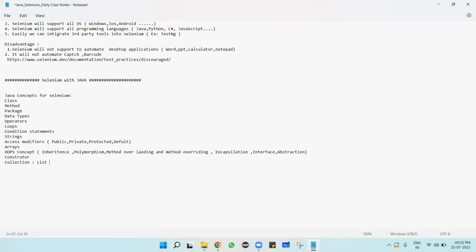That is enough. Got it? If you still want more, you can go through exceptions. Clear, Teja? Yes, sir. But what I'm saying is, till strings, this is more than enough to start